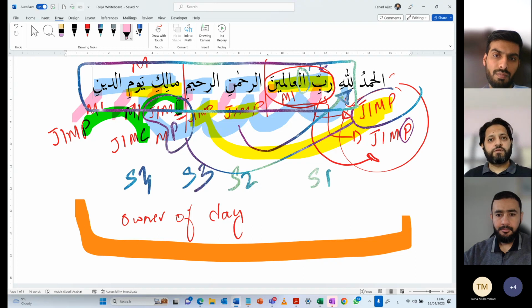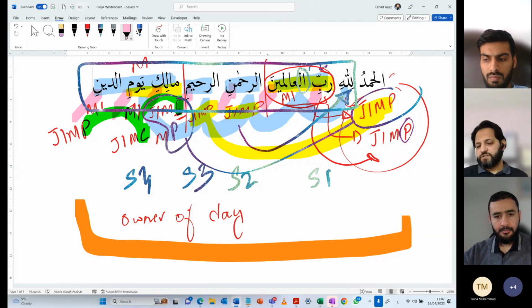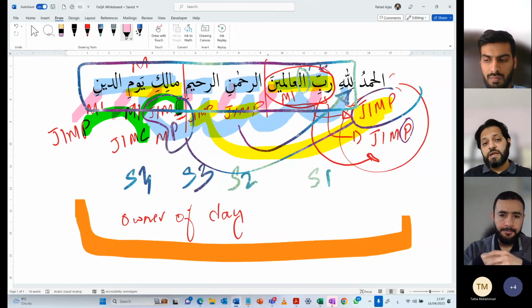One, it is a mudaf ilayh, right? Balki, three reasons. One, it is mudaf ilayh. Two, it comes after a certain harf that makes it jar. There are harufs that do that. And three, it is a sifah of an ism that is in jar,